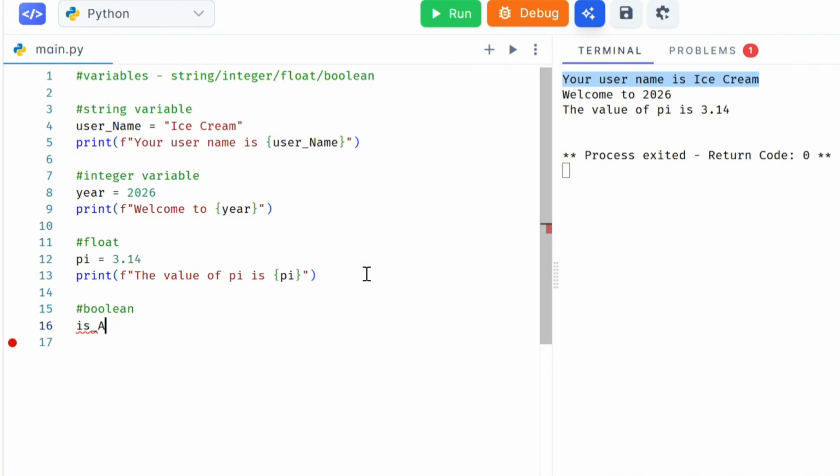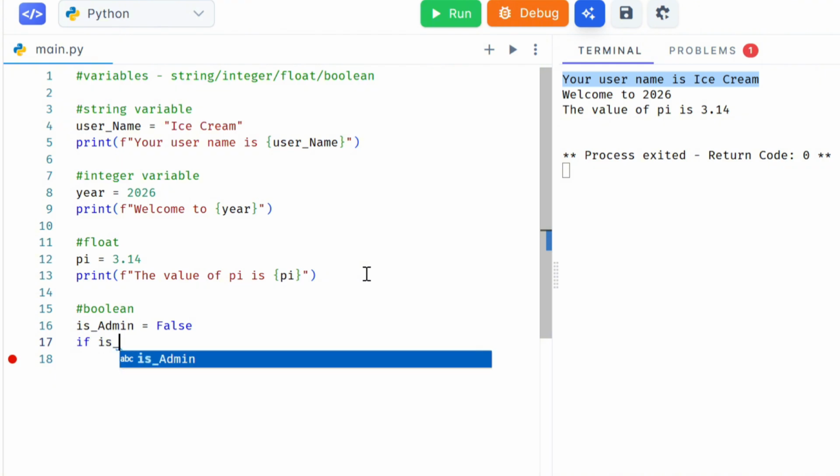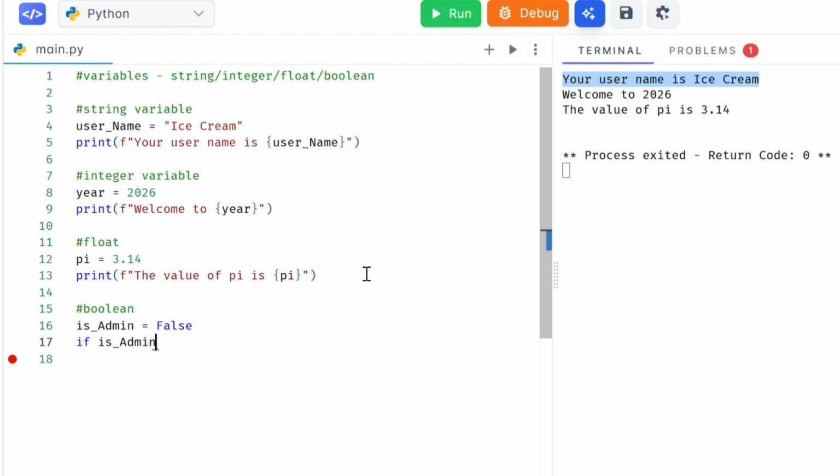Now, the last variable, which is one of the four main variables, is the boolean, and boolean consists of true and false. In this example I'm going to use is_admin equal False, and booleans are mostly used, and actually they are used with if or else statements. As a beginner, let's just not get confused and just use if else. So I want to output false. So if is_admin, print, and then we want to print something if something is false, welcome